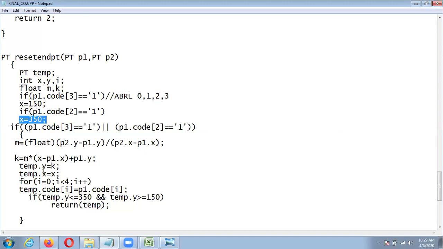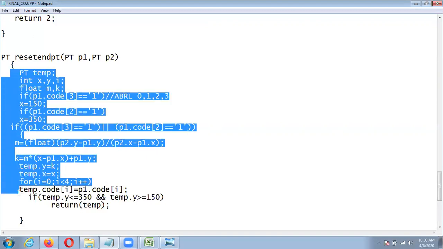After assigning these two values, we use one for loop to assign the region code. Whatever the region code of p1 dot code of I is, we store it into temp dot code of I. Now we have to check whether temp dot y is less than 350 and temp dot y is greater than 150.